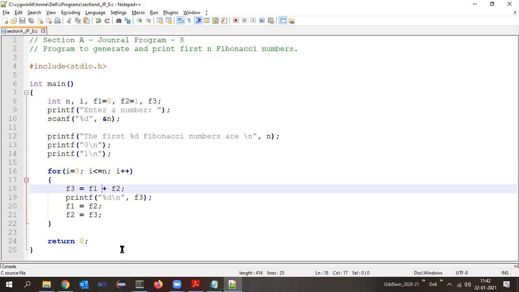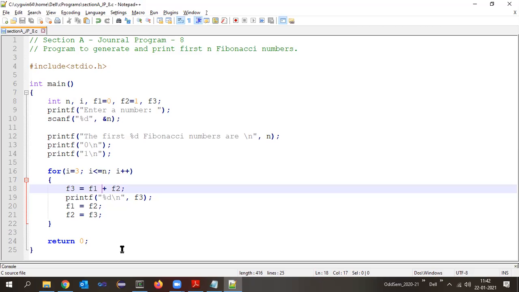Okay, now you take a number here, line number 8, it will display as enter a number. Then line number 10, you read that number and store into the variable n. Next, line number 12, it displays first n Fibonacci numbers are, that gets printed. After that, what gets printed? Printf 0. This can be again written as I said earlier in an elaborated sentence as well. So first 0 gets printed. Now on the right side, write 0. After that, 1.